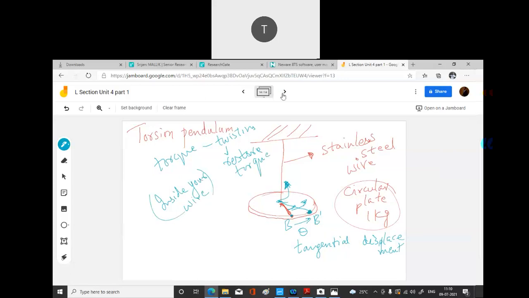But again, from your law of inertia, what happens? It would not stop at B. It will come to B, but it will go further. Maybe I will call this B dash. Okay, so let us call this B double dash. And then again what happens? So this would be almost close to theta. Not exactly theta, maybe slightly less than theta, but it will be close to it.